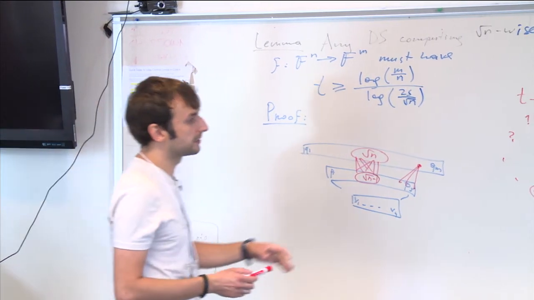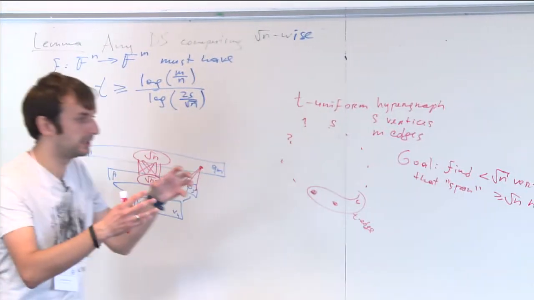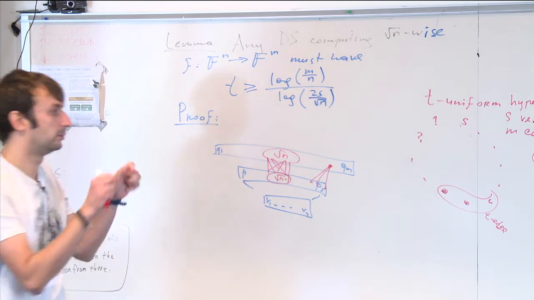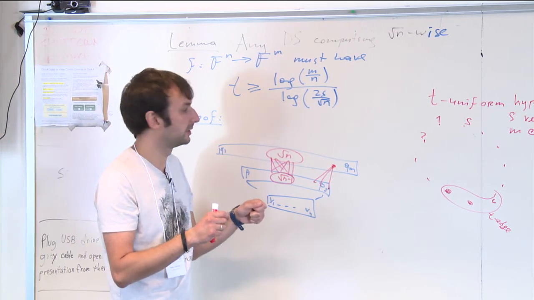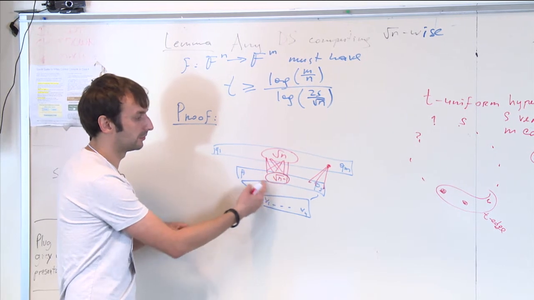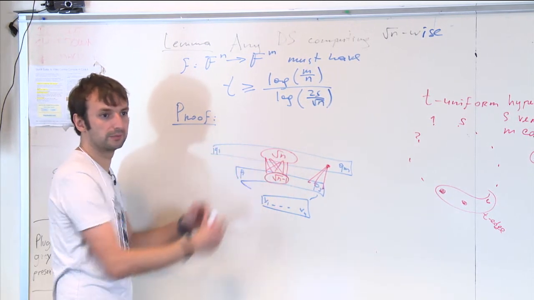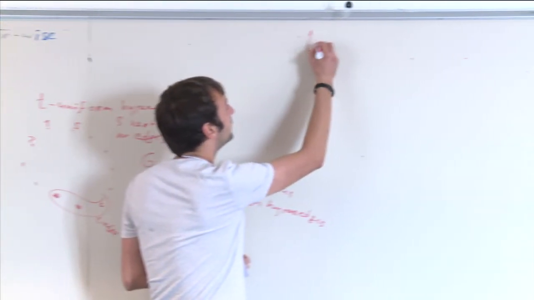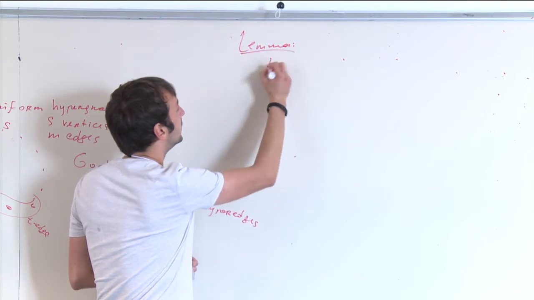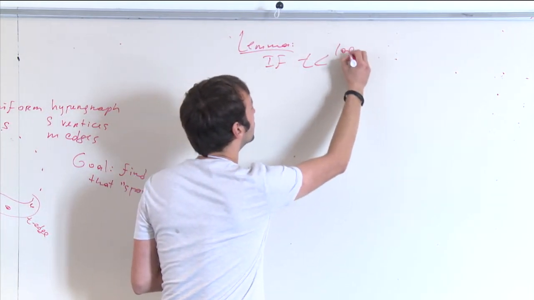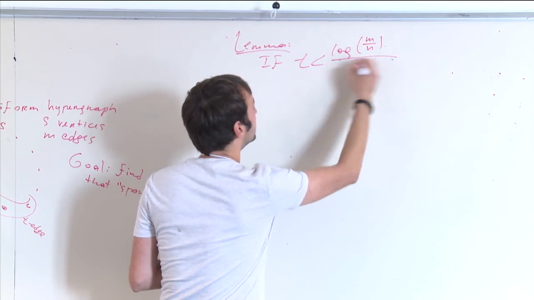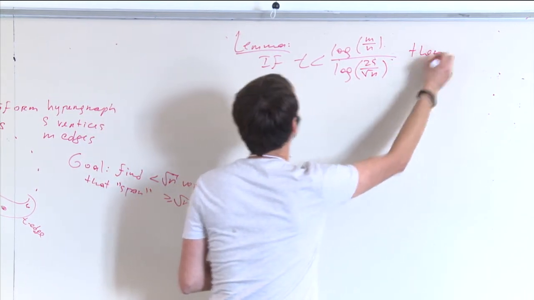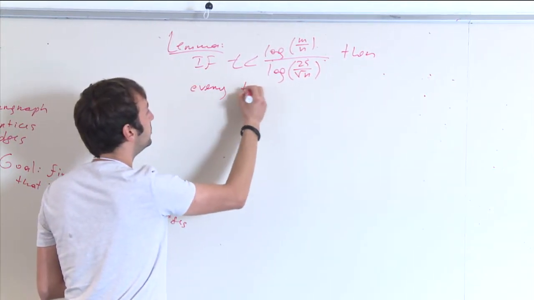Okay, so once I find a few vertices that span many edges, where span means all vertices of these edges belong to the chosen set of vertices, then I'm done, because this exactly gives me a set of memory cells that is sufficient to answer many queries. So we just need to prove this lemma: if T is less than, say, log of m over n divided by log of 2s over square root of n, then every T-uniform hypergraph